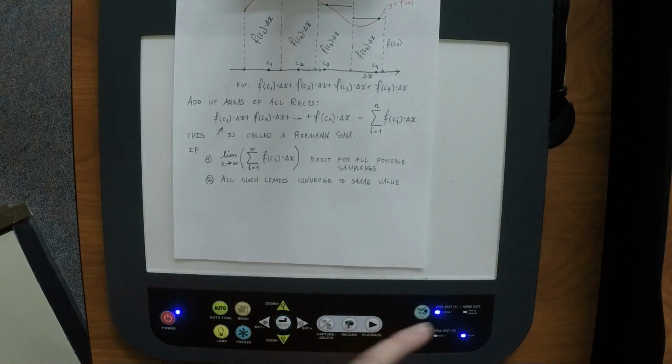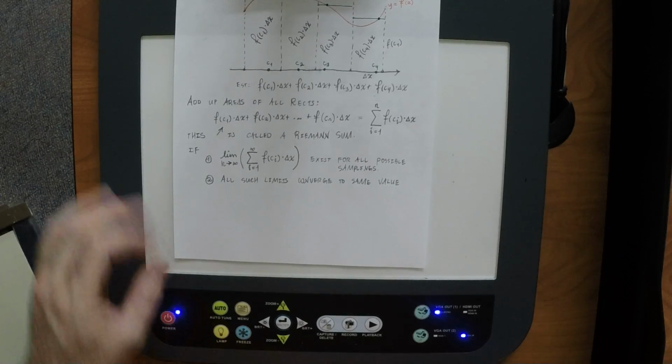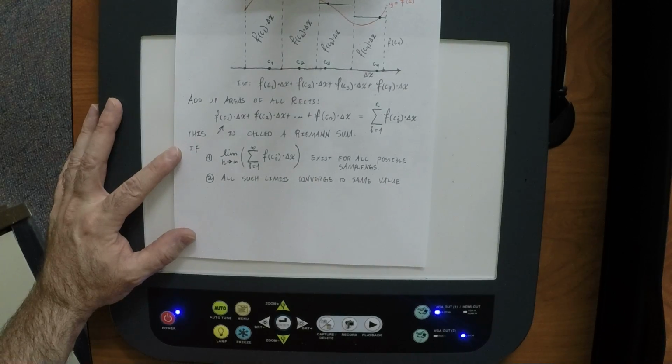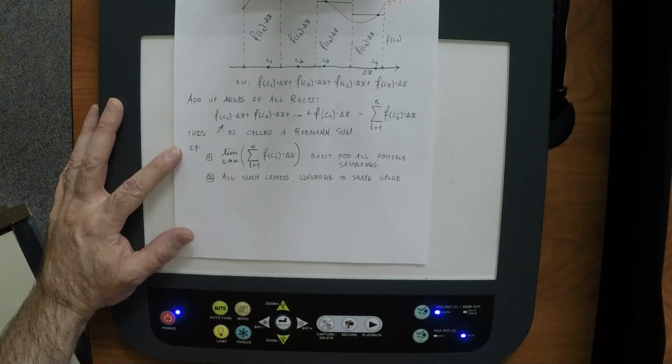That just means that there's some weird functions out there where someone could say, I'm always going to choose the middle point, and someone else could say, I'm always going to choose a point that's 1/4 of the way. And these two different folks could choose their two different samplings. Both such limits could converge, but then end up converging to different values. That's kind of weird, but I just have to mention it. So if this limit exists for all possible samplings, and moreover all such limits converge to the same value,